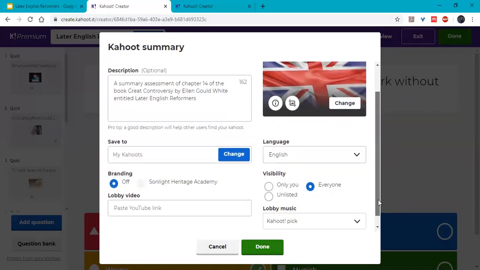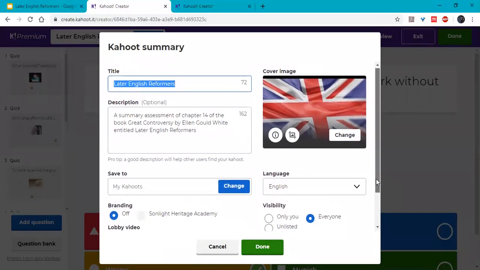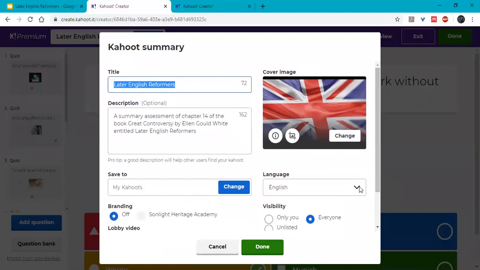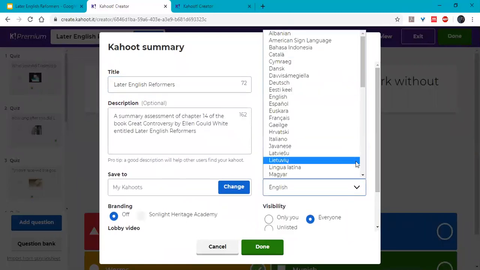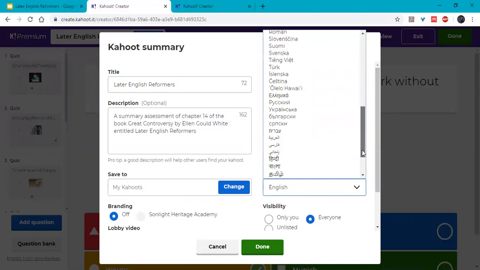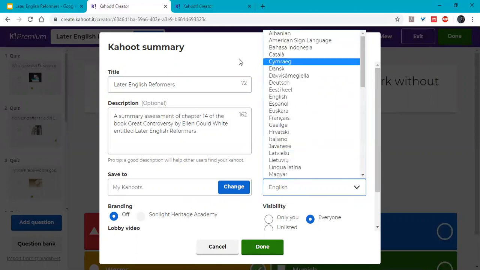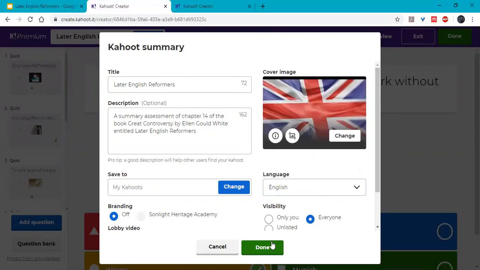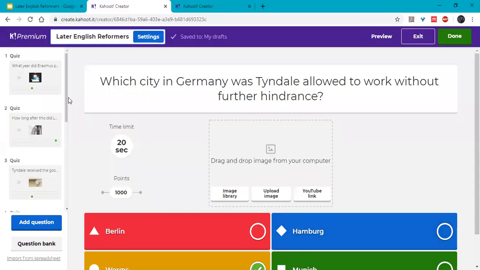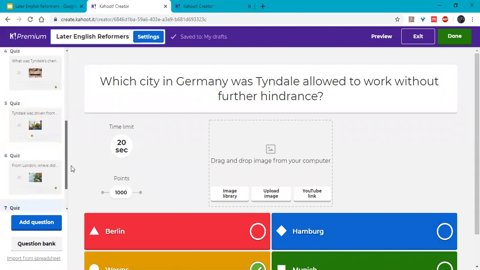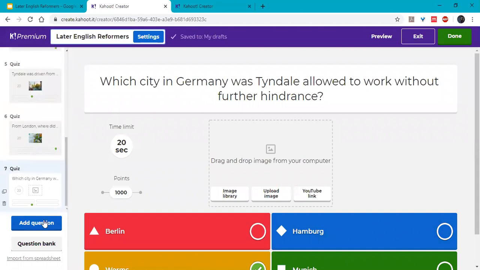Also, if you're doing Kahoot in a different country with a different language, not English, you can pick that as well. They have a variety of languages there to suit almost all the language groups in the world. So I hit done, and let me go to creating a new question. So you would hit add question. So here I'm going to add a question,